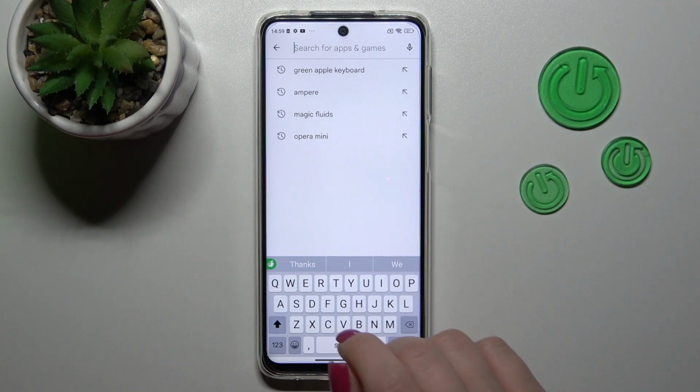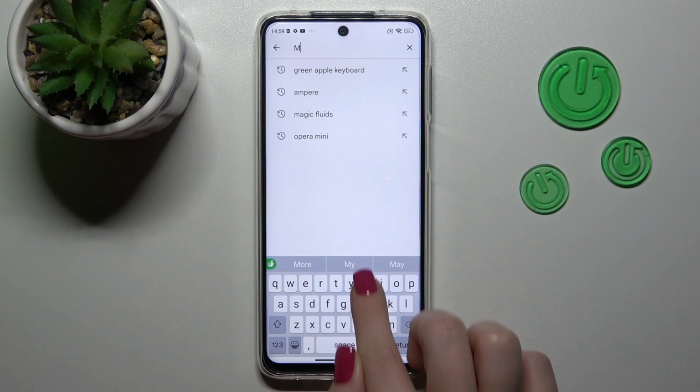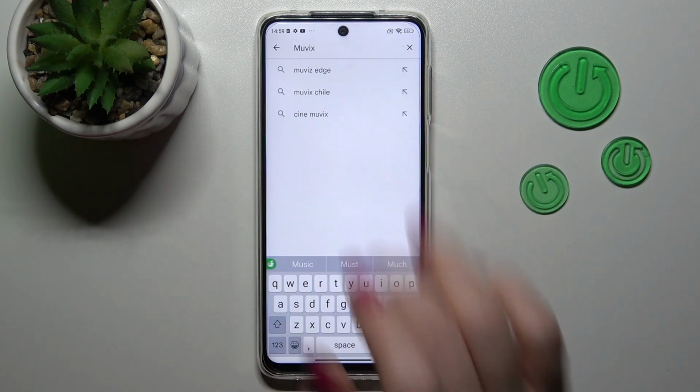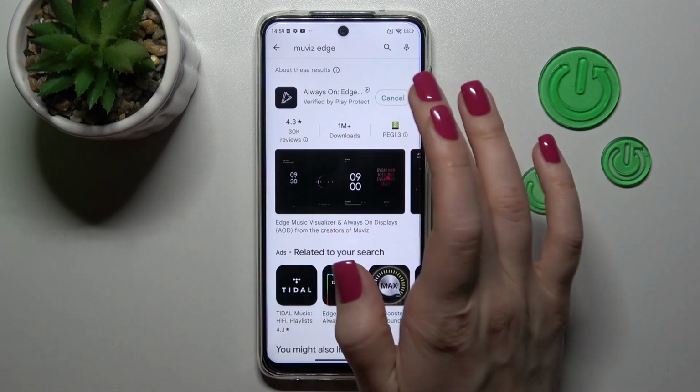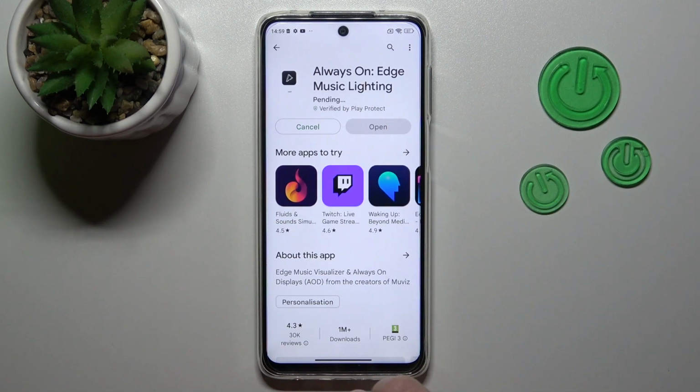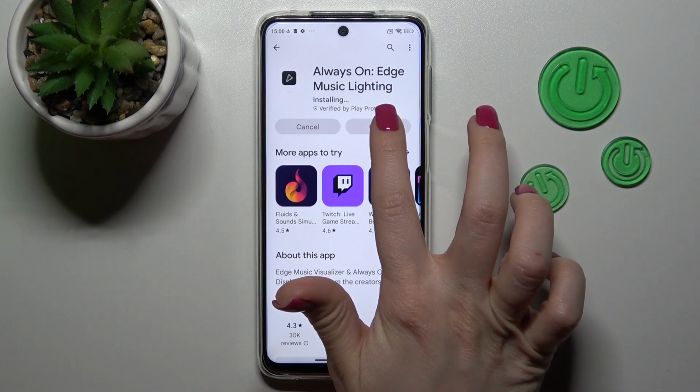So open the Play Store, and in the search bar you should enter Edge Lighting. And now we should get this application. That's why tap to install and wait a couple of seconds while this application downloads and then installs on your device. So after that, just tap to open the app